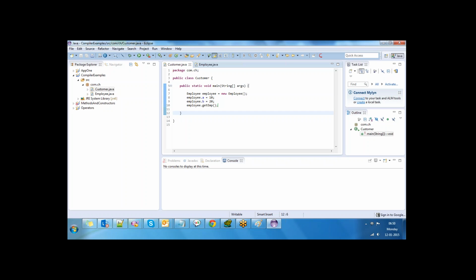So we have to identify how to resolve the compilation errors, and there is one more error called runtime error. We'll see what that is.